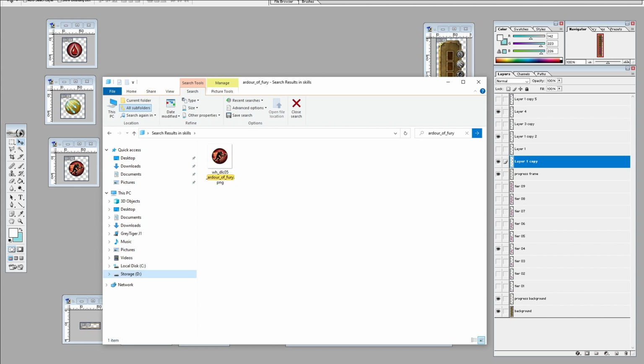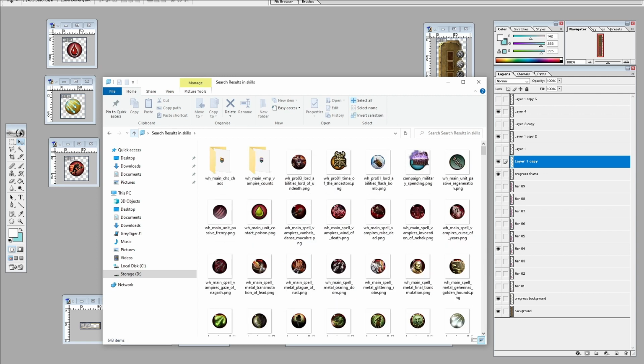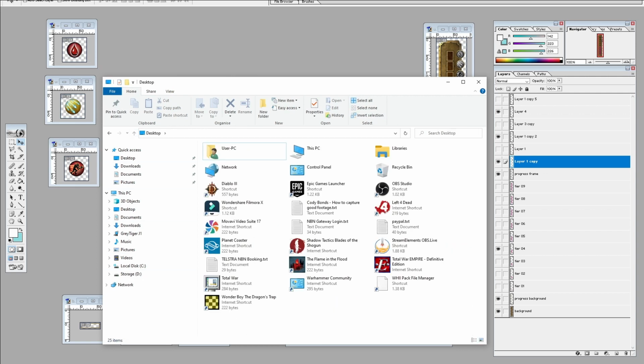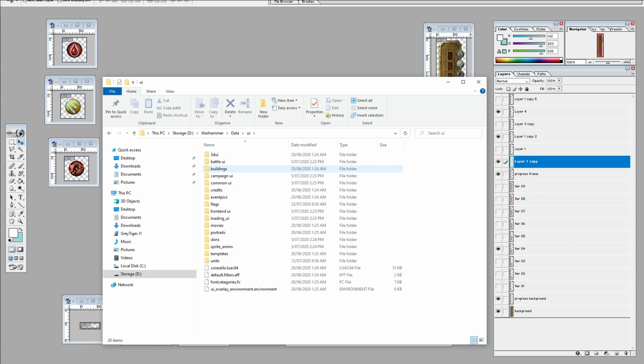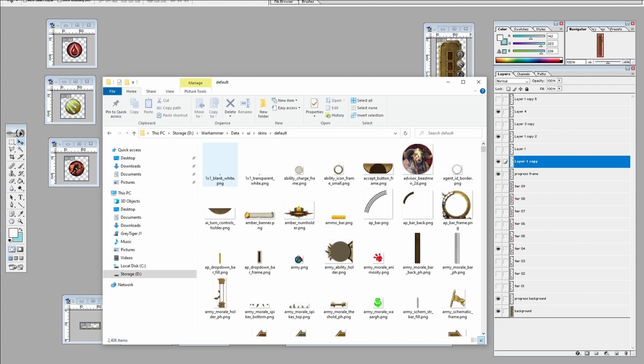There we go. So WH_DLC5 Ardor of Fury. We need to open those three files, which are here in your image editor. We then need to go to another folder. How do we get out of that? Let's get, oh, that's not where I want to go. So we go back to our UI folder, and we get the rest of our files from UI skins default, and we want to get banners frame,